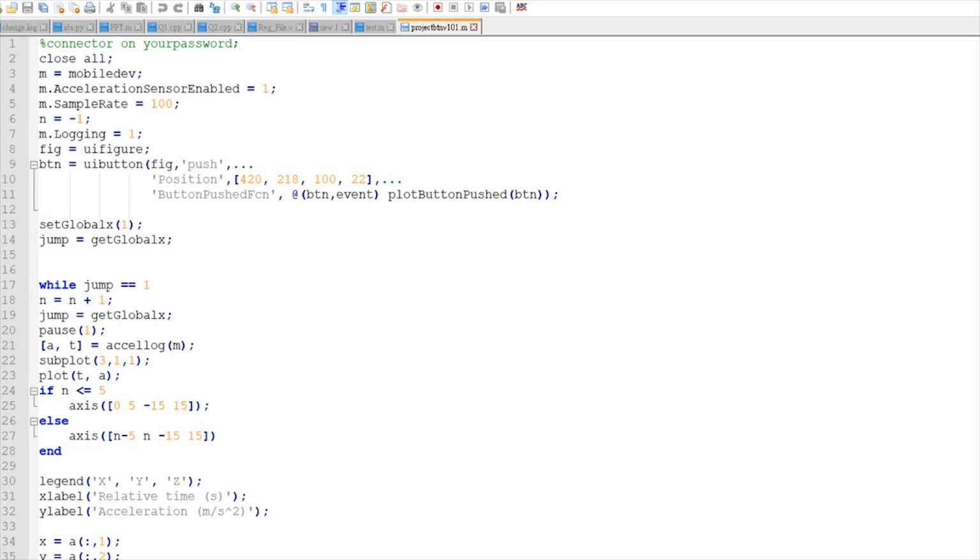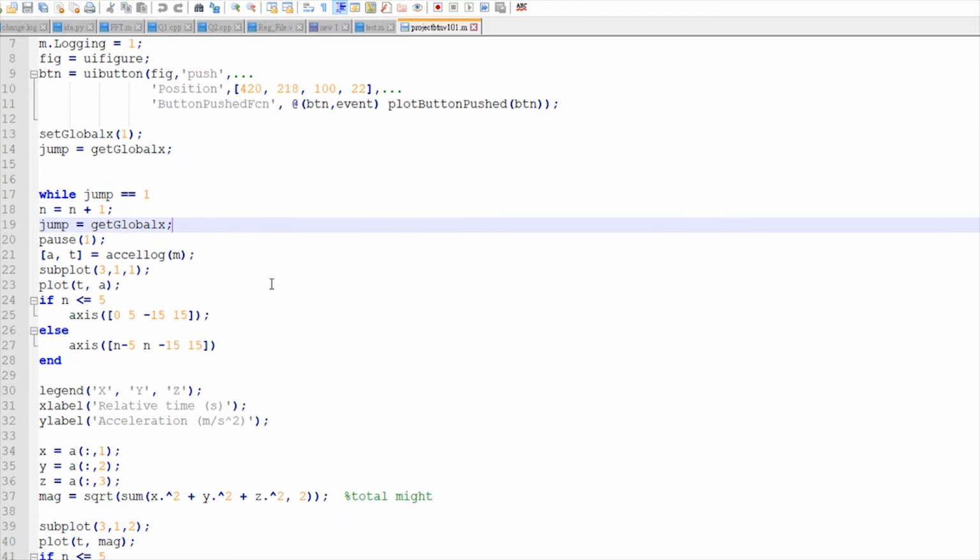In this part, I will talk about how our code works. First, we talk about the basic concept of our project's code. We enable the transmission between mobile phone and computer here, setting the sample rate to 100 here, and set mlogin to be 1 in order to record data here. And the while loop,